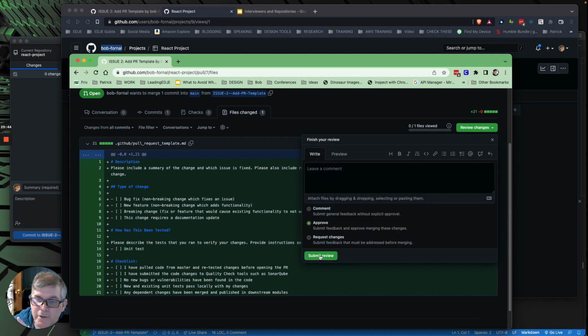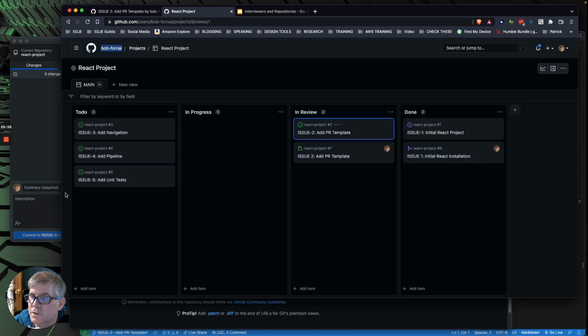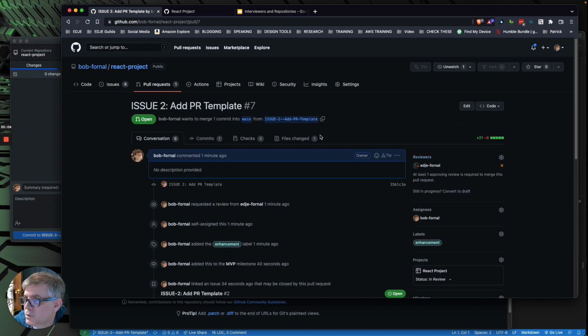And I do have one later where we're going to run through the request changes cycle to give you an idea of what that looks like. Okay, again, I don't want to approve it. You can set these up for like, oh, we have to have 2 approvers or stuff like that, but one's fine for most purposes.